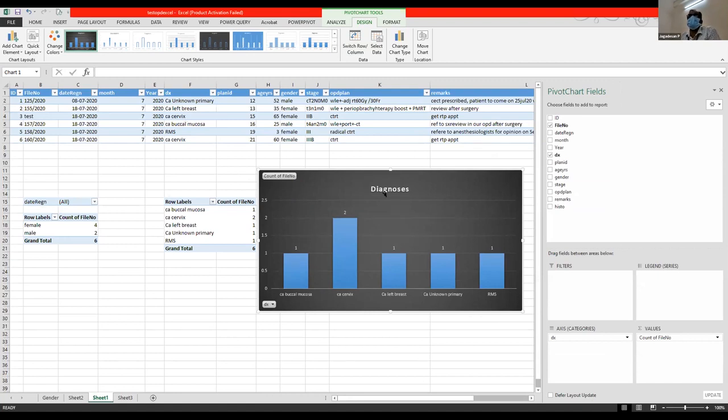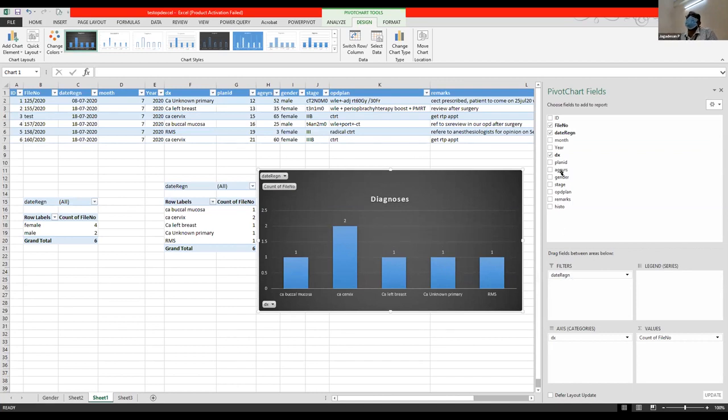listed. Now most of the time, what you would want is the types of diagnosis of patients registered in a particular week. So you would want duration. For that, there is a filter option in this box. You can narrow down the number of patients displayed in this chart using this filter box. Since we want the dates to be narrowed, we'll pull the date of registration. In the demonstration I showed you, we didn't add the date of registration, but in the previous file I created before the presentation, I had created one date of registration.